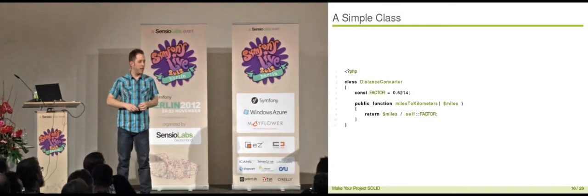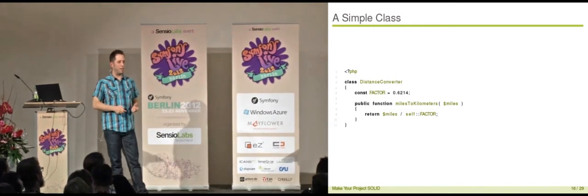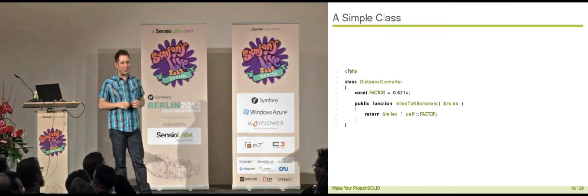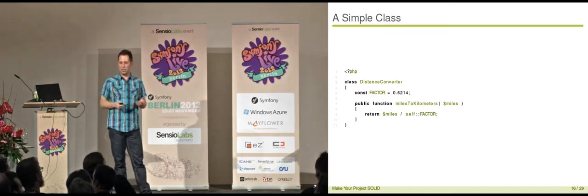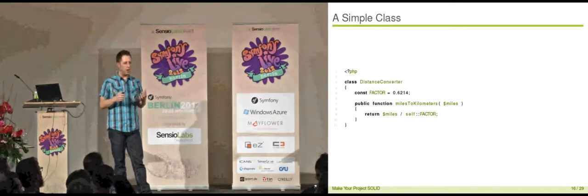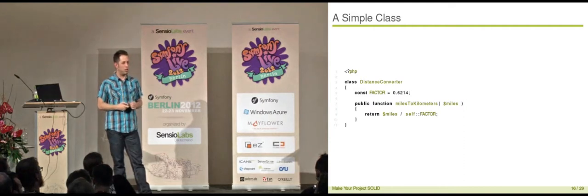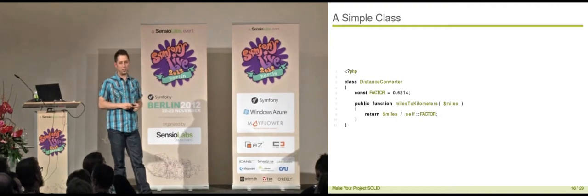So we have in our project a very, very smart developer, and that smart developer thinks, oh damn, that distance converter is nice, but in every case where we use it, we basically need the return value as a formatted string. Every time we use the distance converter, it is only displayed on our website. So why should we always do the same thing, format the return value of the distance converter and display it there? Let's derive from the distance converter and fix that issue.